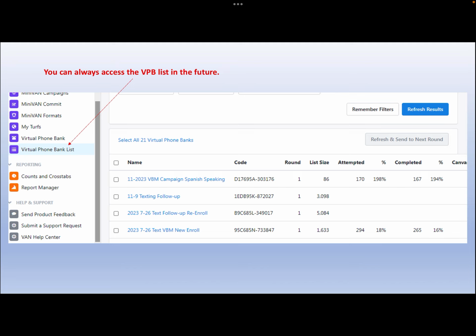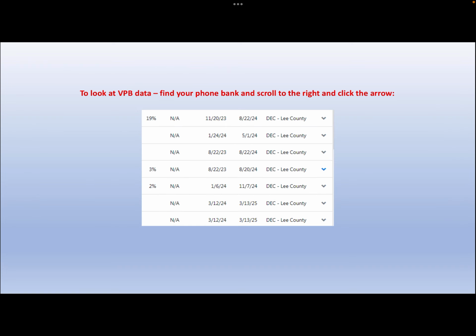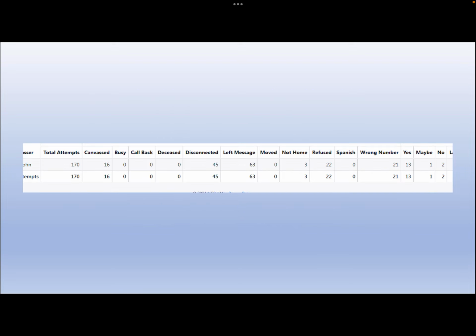But the other thing you can do is from this screen, if you scroll all the way to the right, you may have to use the bar at the bottom of the page, but scroll all the way to the right and you will get a drop-down menu. And if you click on the drop-down menu, you can get a phone bank report. And this is what it looks like. It tells you how many attempts have been made, how many people were actually reached. These are the people that were canvassed, and all these other things, how many messages were left, how many wrong numbers, etc. So this is where you get your phone bank statistics. And now you know how to set up